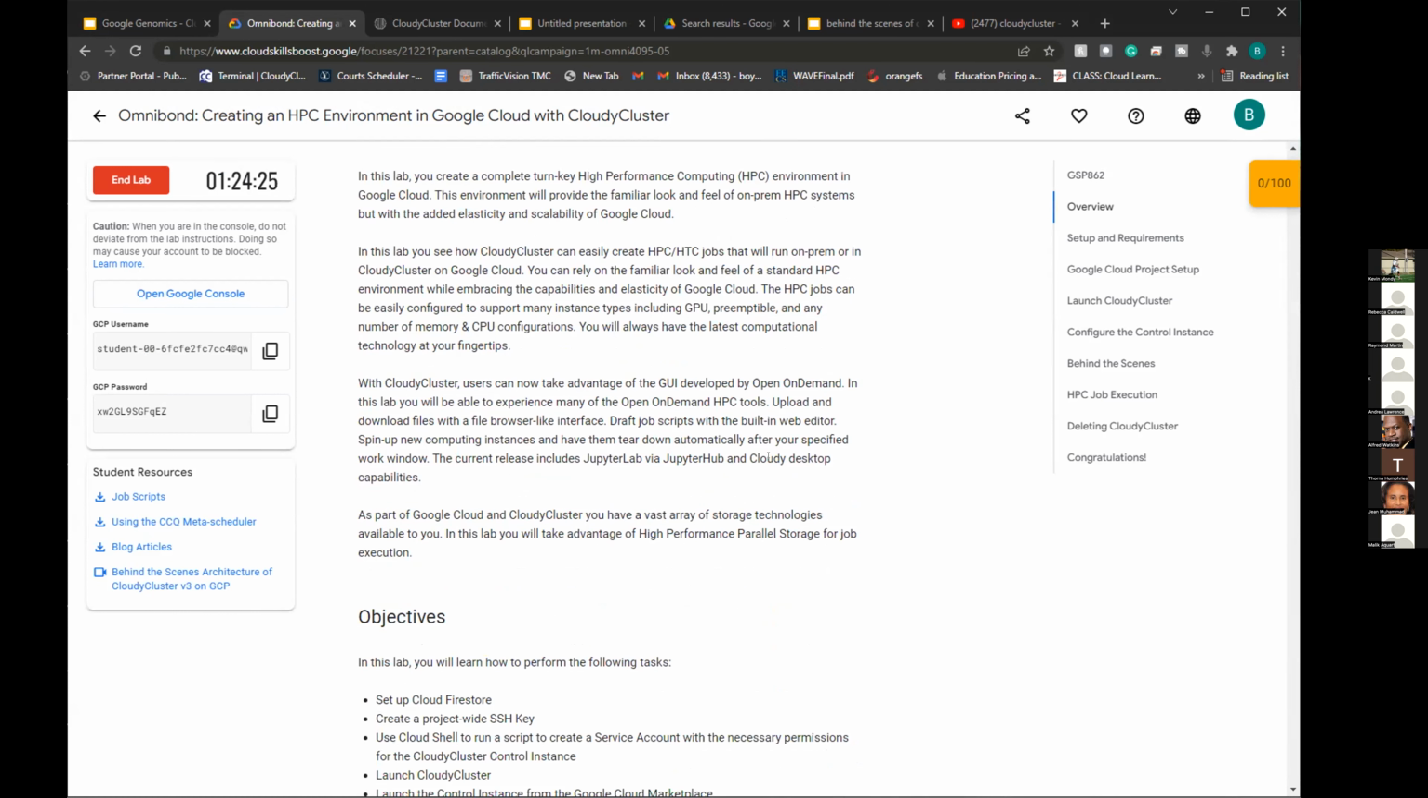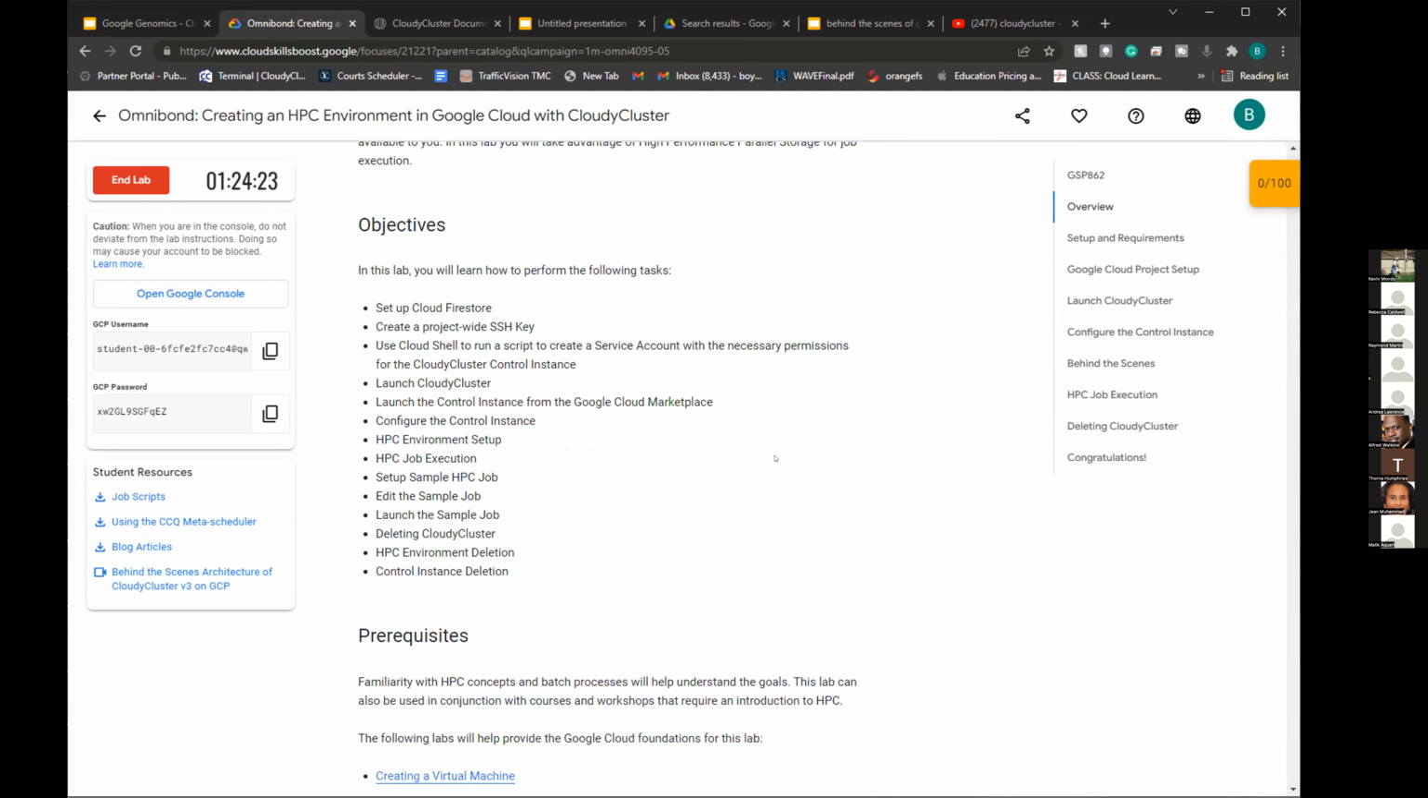As I said before, we're going to go through these various steps. I'm going to talk a little bit about them, but then we'll dig in. So we're going to set up Cloud Firestore, which is kind of like the database and the metadata behind CloudyCluster, the HPC environment, keeps track of everything. Then we're going to set up a project-wide SSH key, and then we're going to use Google Cloud Shell to